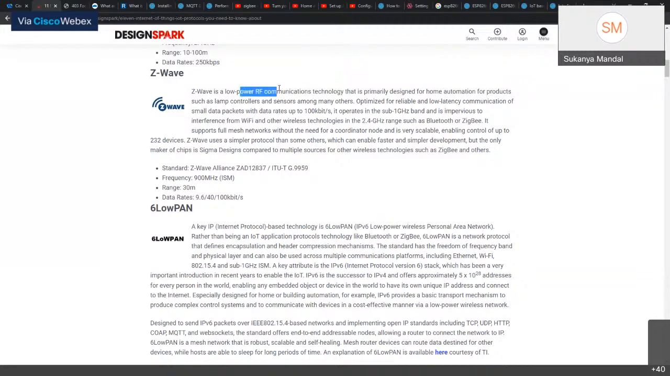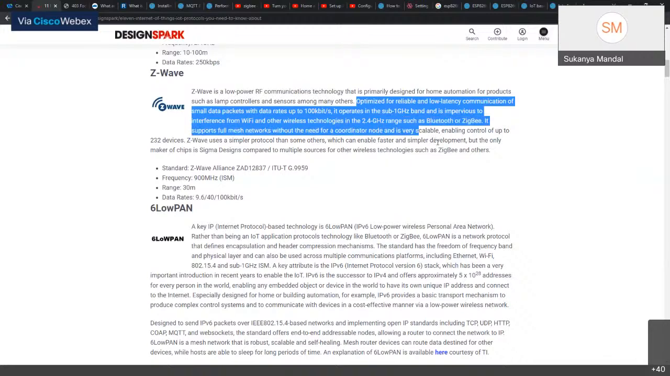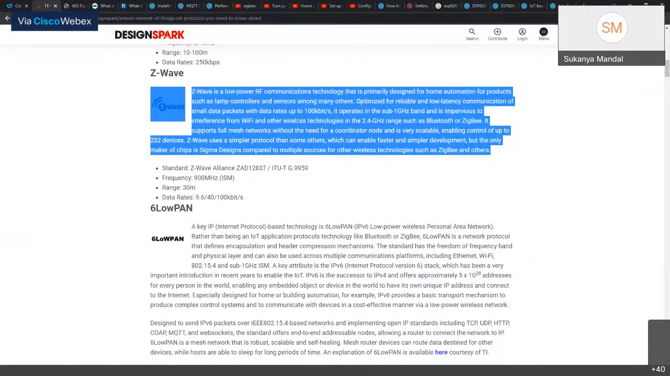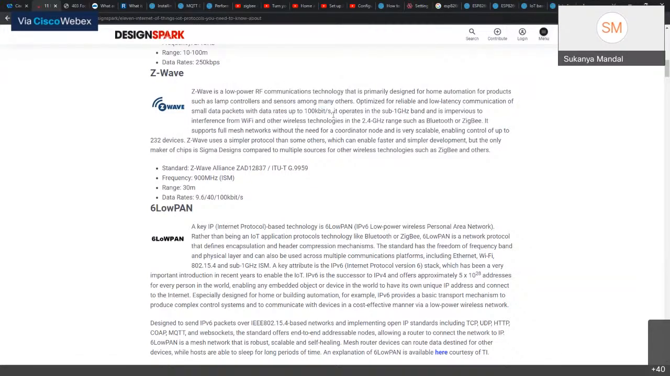So the ZWave is a low power RF communication technology that is primarily designed for home automation for products such as lamp controllers and sensors, among many others. Optimized for reliable and low latency communications of small data packets with data rates up to 100 kilobytes per second. It operates in the sub 1 gigahertz band and is impervious to interference from Wi-Fi and other wireless technologies, which is operating in the range of 2.4 gigahertz, just Bluetooth or Zigbee. That means,